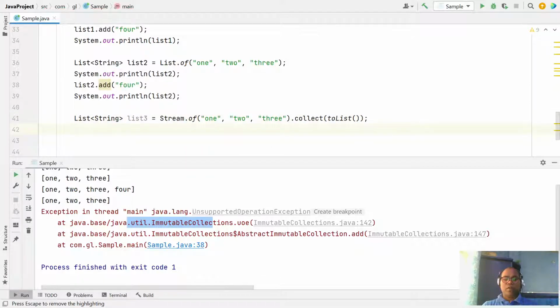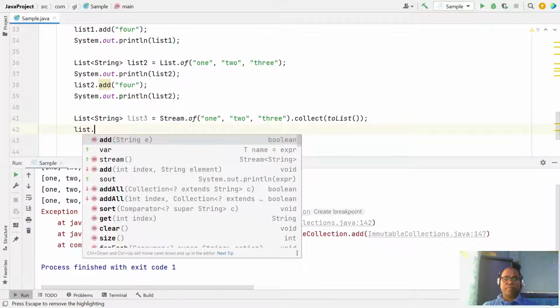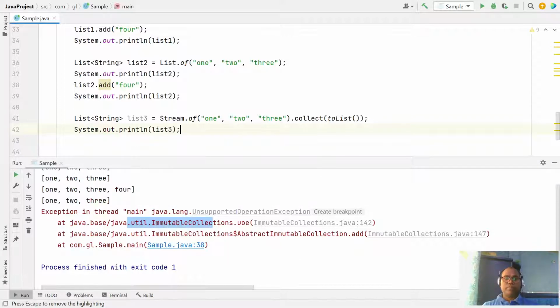Here you can also add 4. Stream.of and collecting to a list returns a modifiable list. Here this one is not allowed to update.